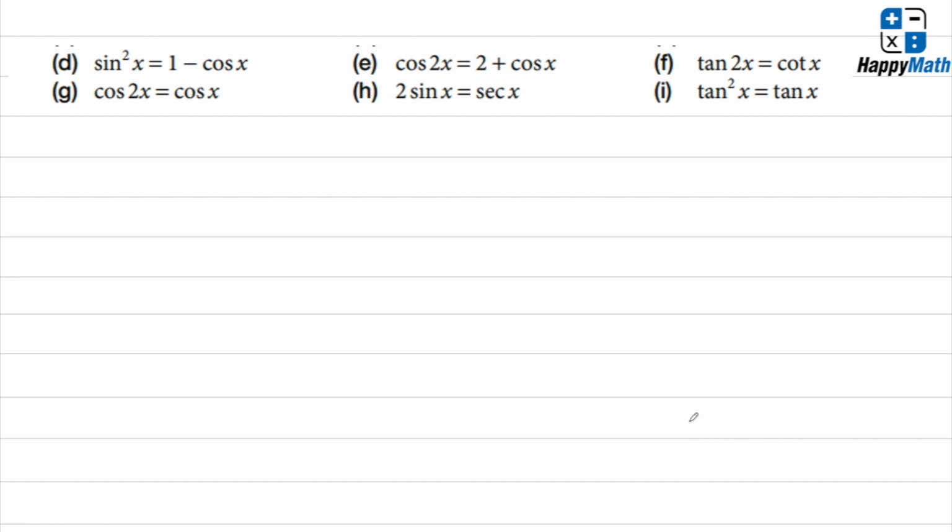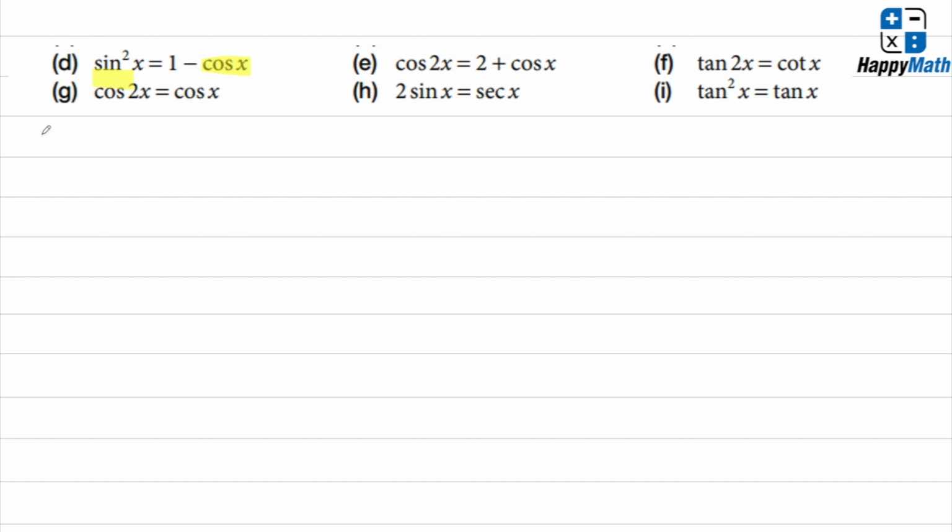We continue with quadratic trigonometric equations. Question D. For this form, you can see you have two variables in this equation, sine and cos. So I want to convert them to only one variable. And I need to know how you can change sine square h into an expression in terms of cos